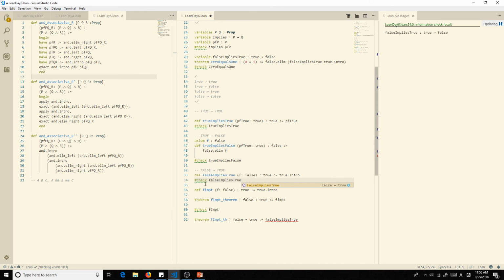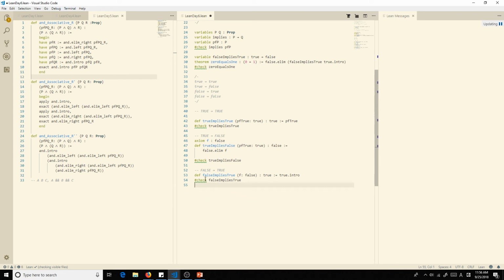Oh, okay, that is weird. So the check is not actually what we're putting in. That is incredibly weird. So I guess moral of the story, sometimes you can't trust Lean. Yikes.